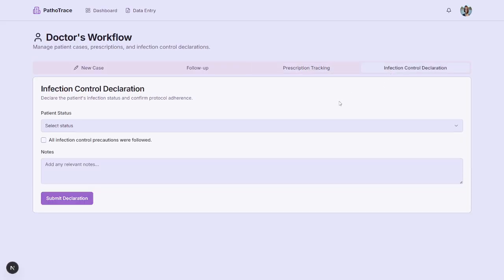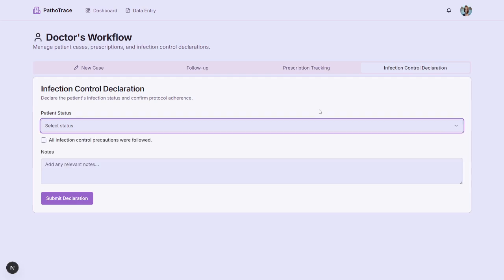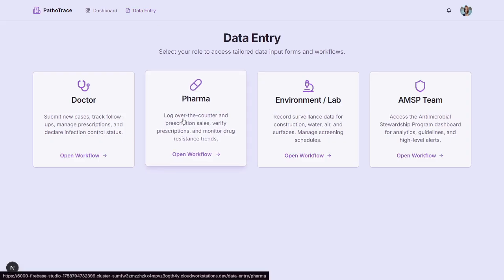Another important factor that causes MDR is infection control practices. It is very important for the doctor and the healthcare staff to make sure that they follow infection control practices like hand hygiene, sanitary conditions, sterilization, etc. So, this can be a page motivating the doctors and health staff to declare that they have followed the infection control practices, and accordingly if the patient status has been added, they can add notes on this page as well.